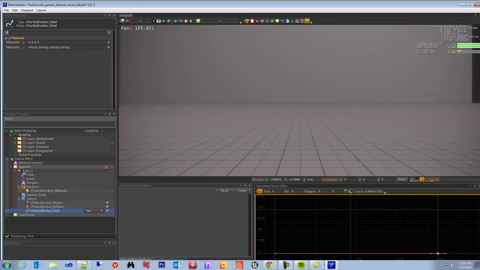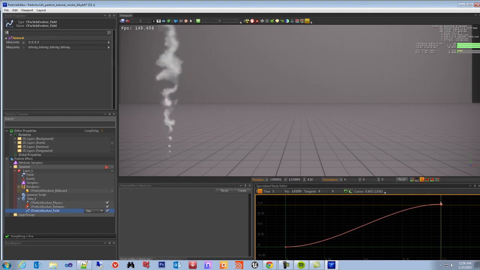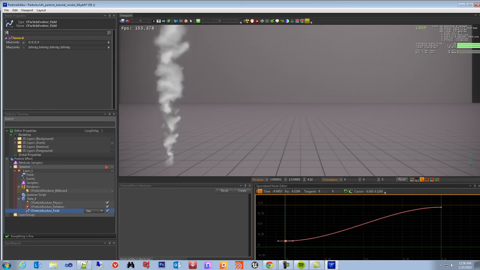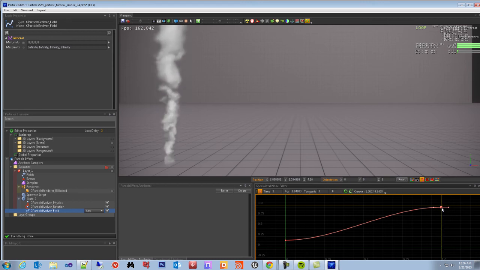What I want to do is move around these points to play with the size of the particles. I want my particles small when they're born, and then over time I want them to become bigger. So this is what I'm going to do. I'm going to move this point all the way up right here to 1, and I'm going to move this up just a little bit more, something like that. And there you go. So we have our 2 points or keyframes,